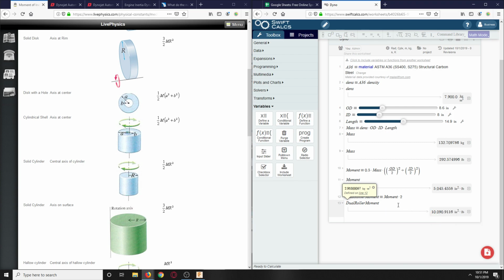There. Okay. So dual roller moment, inch-pound. Okay, so now what we need to find out is ID divided by 2. Right, that's correct. Okay, so what that means now is we need to find out how much force is required. So let's look at